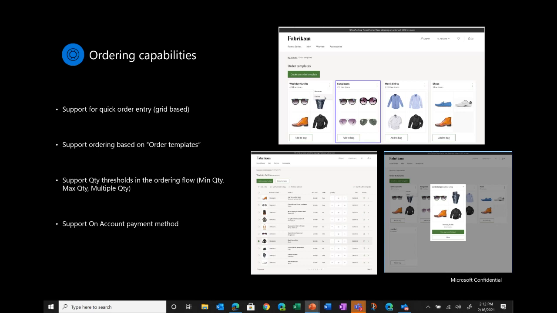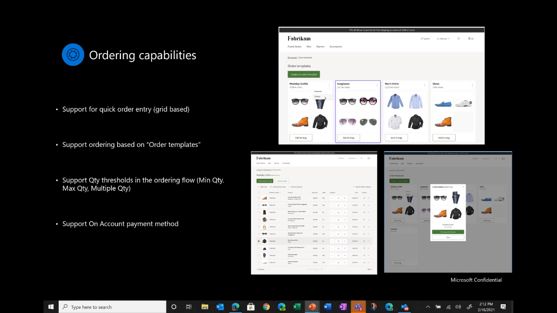So to support that flow, what we have done is we have enabled capability for a user to define an order template, and then they can add products to the order template. And then once these templates are built and kept in the system, every time the user wants to place an order, they can call back an order template, add the products from the template to the cart, make any quick tweaks to the products that have been added to the cart in terms of either adding or removing a product, changing the quantity, whatever that may be, and then add the products to the checkout flow, for example, right?